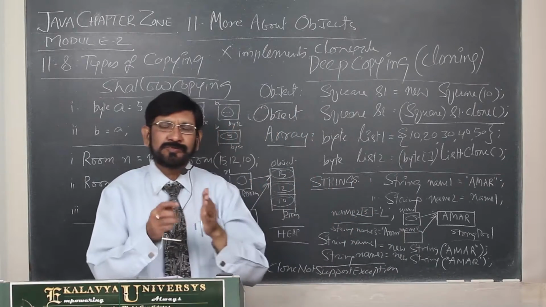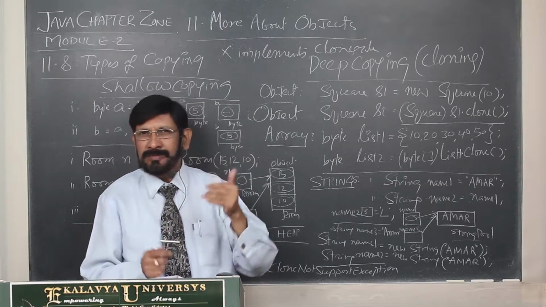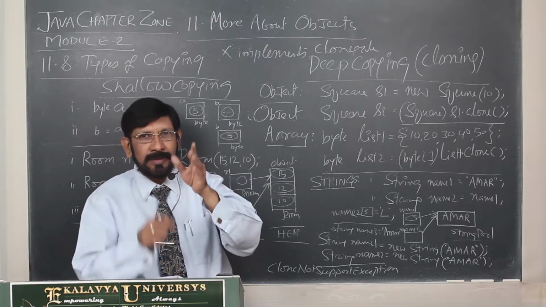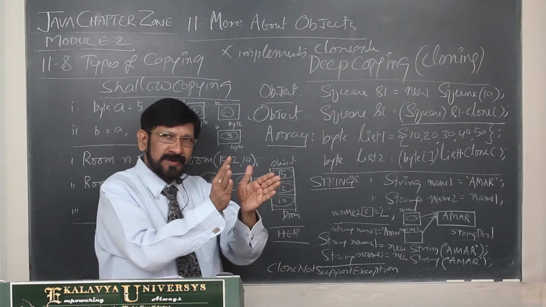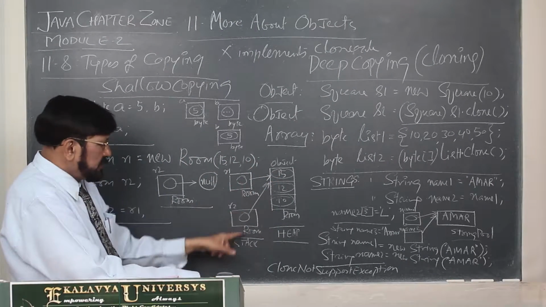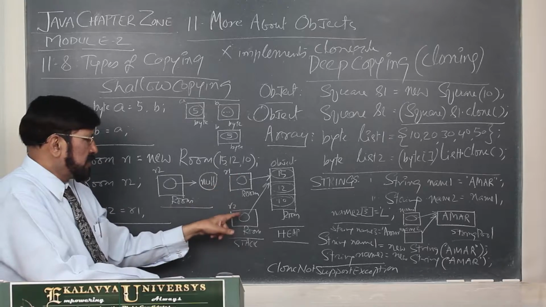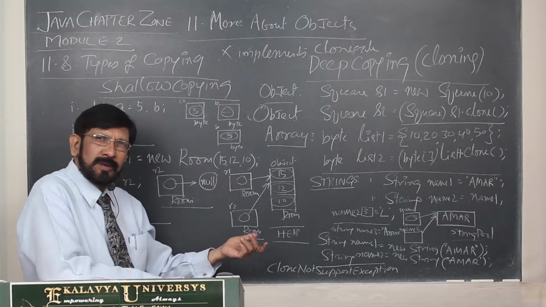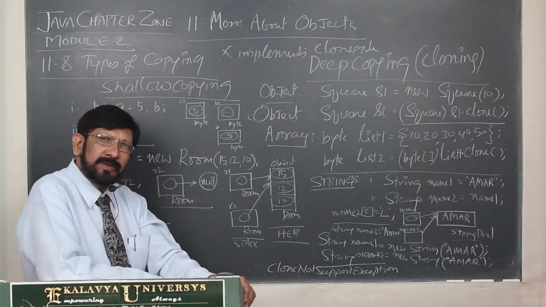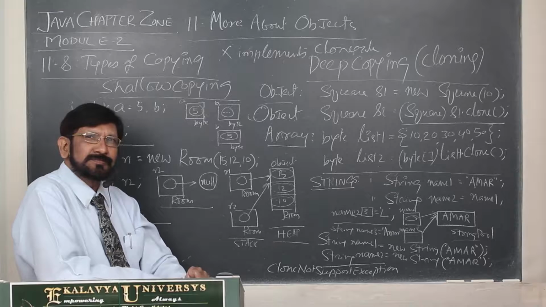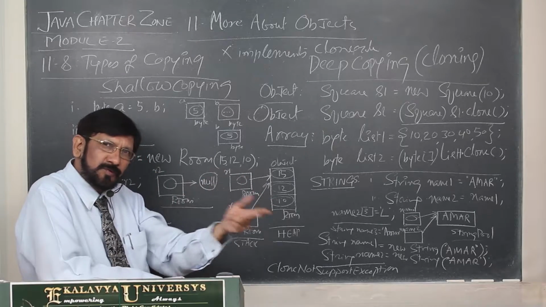Clone means it is useful for cloning. Cloning means deep copying. It creates a duplicate, not an alias. Duplicate is different, alias is different. This is an alias: one object, these are aliases, R1, R2. Your name is Mohan, and your family members may call you Nani. So, Nani is the alias, but one person, two names.